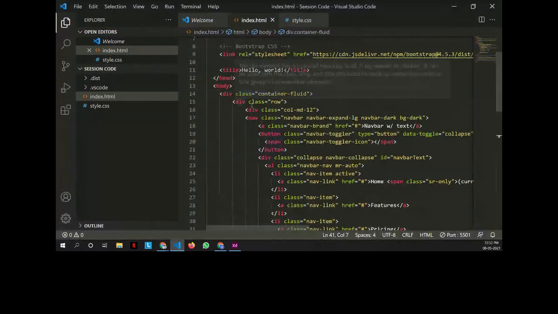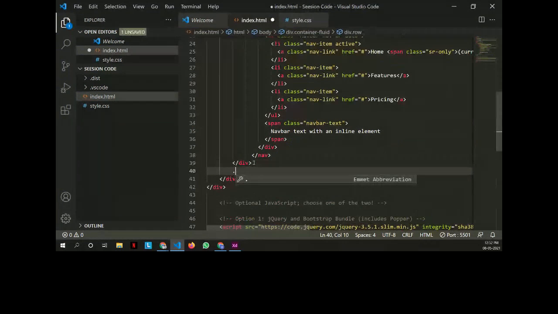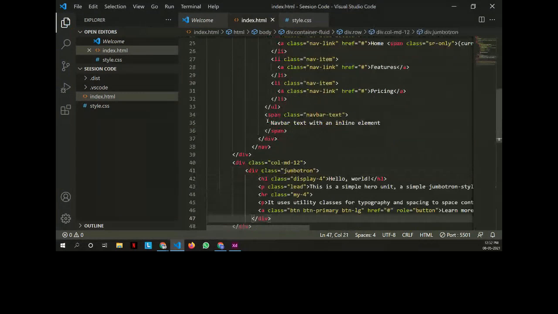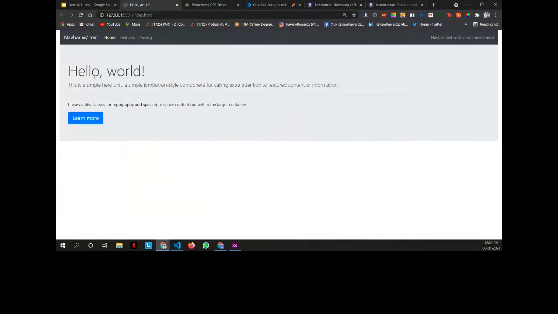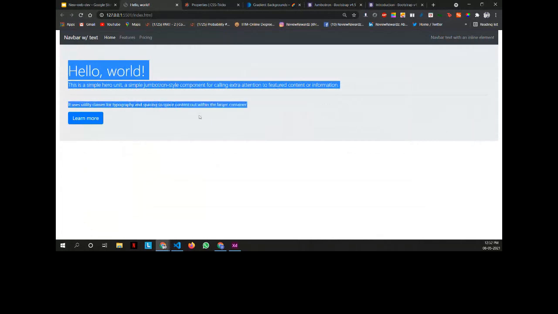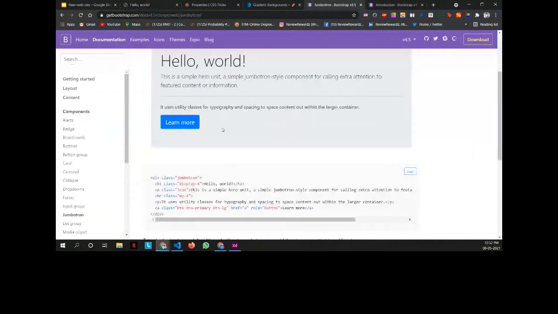One second. Yeah. So guys, if I refresh now, as you all can see, this Jumbotron has been added to our website here. So we could add all types of components inside this Bootstrap.